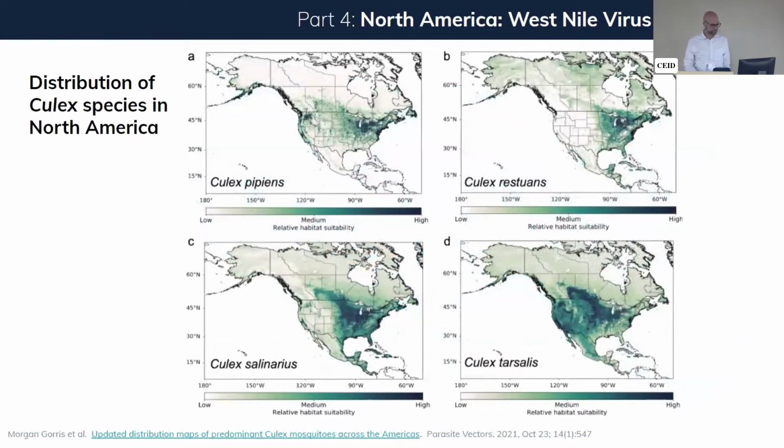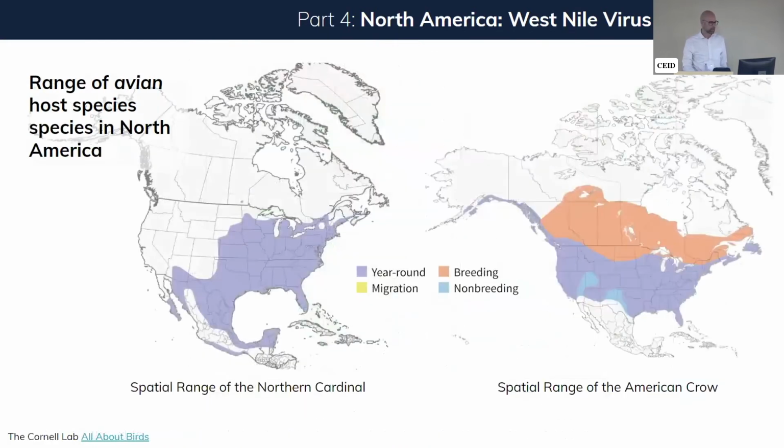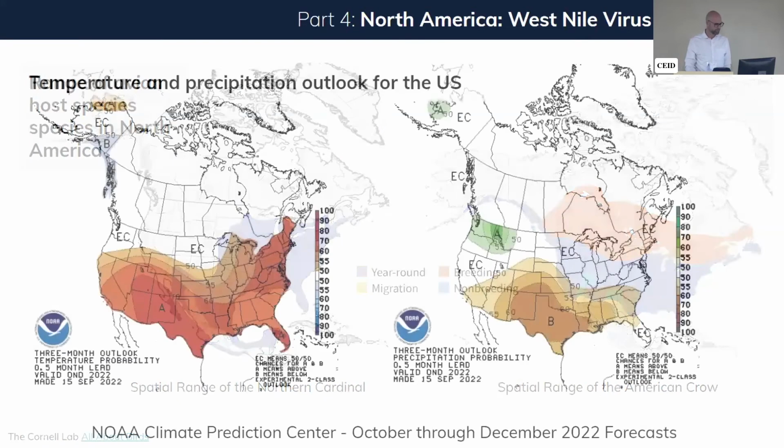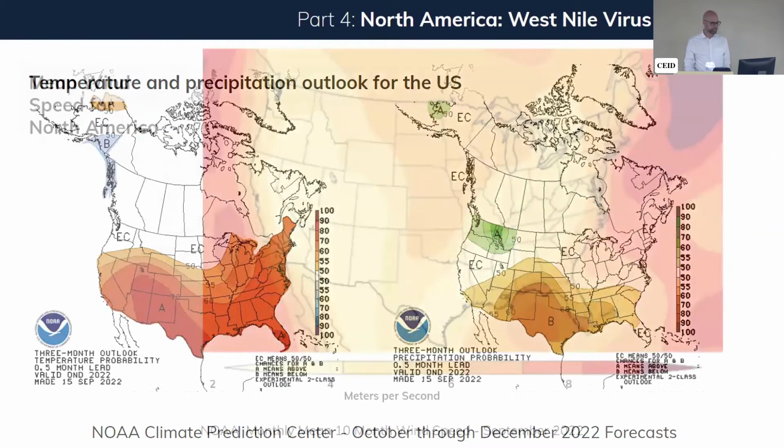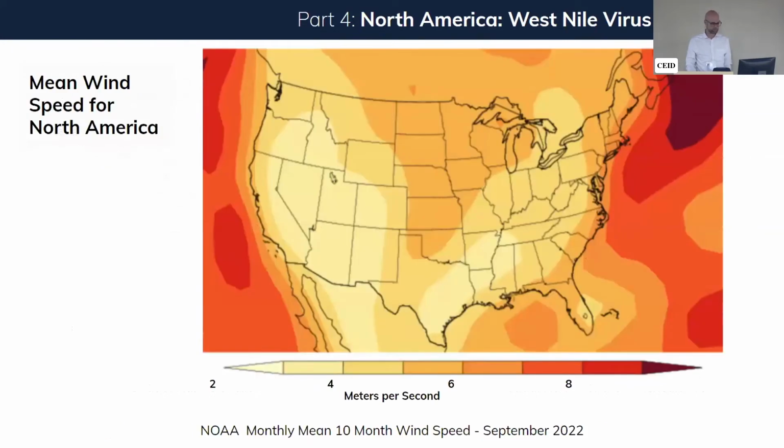in the United States. This would, of course, be informed by a number of different covariates, which would include things like the distributions of the dominant mosquito vectors and the distributions of amplifying bird species. In the case of West Nile, this might be, for instance, cardinals or crows, which differ, of course, as to whether they are amplifiers but not particularly symptomatic, or symptomatic sentinel species that we could monitor. Also time-varying covariates like temperature, precipitation, wind speed, and direction. These are the kinds of things that we would use as covariates.